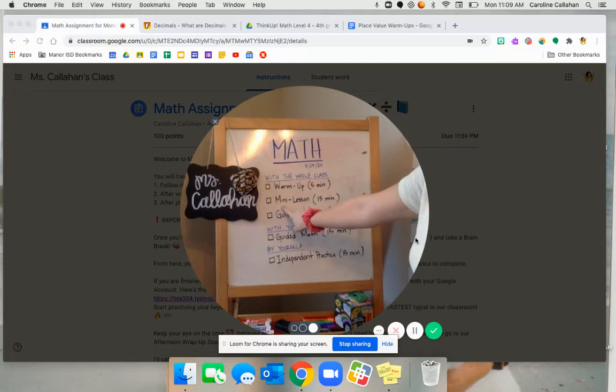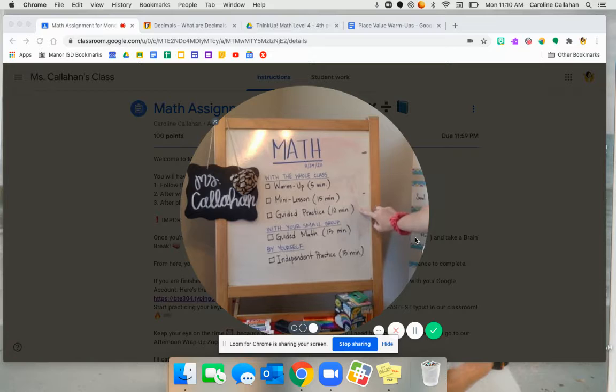After our warm-up, we're going to move on to our mini lesson, which will take about 15 minutes. A mini lesson will be what we are working on in the class together, just a lesson with Miss Callahan, kind of going over anchor charts and all of that good stuff and best practices. Next, we'll move on to guided practice. So we're going to take what we learned in this mini lesson and apply it in our work during our guided practice. That will take about 10 minutes. After this chunk, which will take 30 minutes in total because 5 plus 15 plus 10 equals 30,